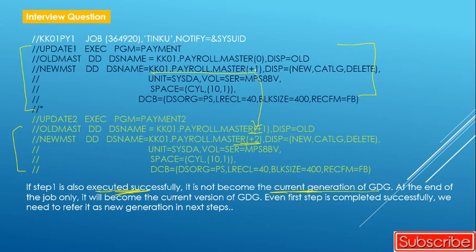This generation will not become your current generation until your full job completes. At the end of the job only will it become the current version of the GDG. Even if the first step is completed successfully, we need to refer to it as the new generation in the next step, like we are referring to it as plus one, the new generation, in the next step.